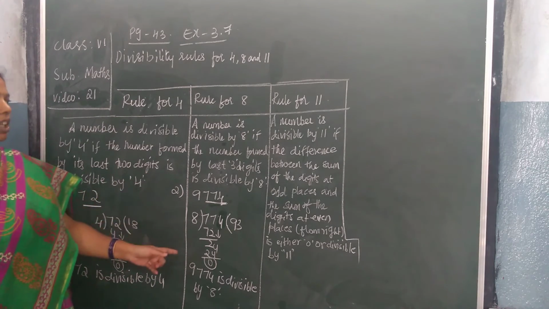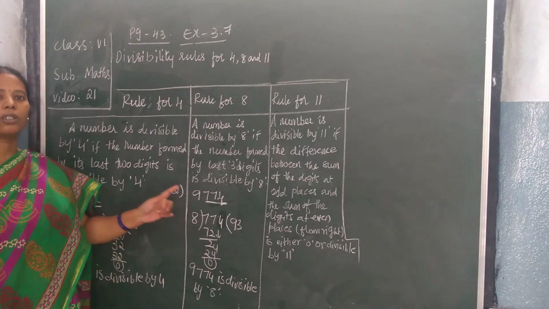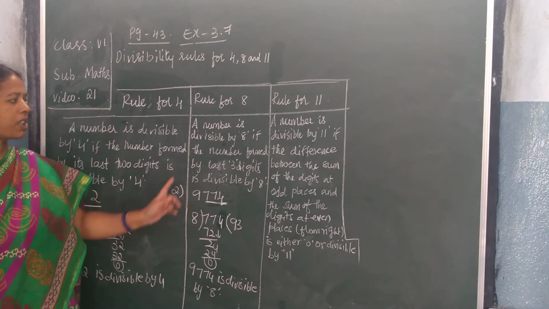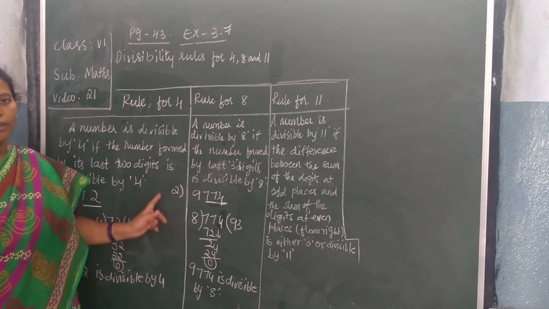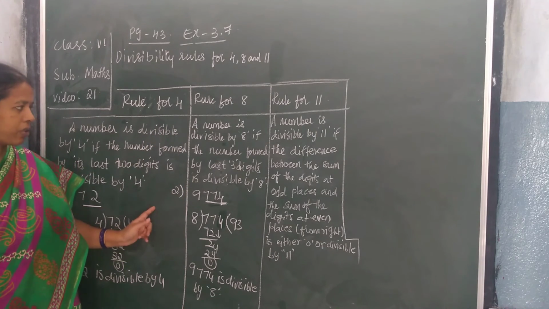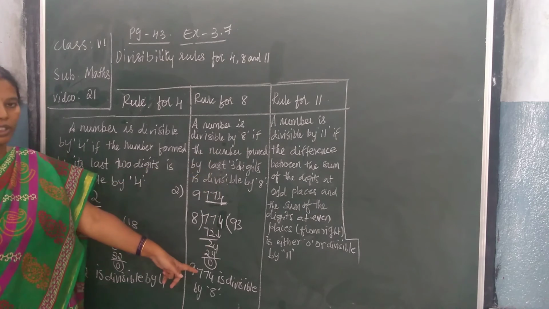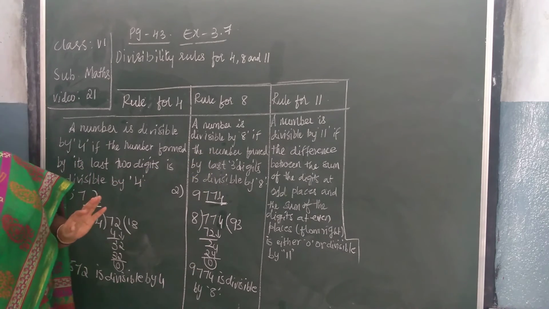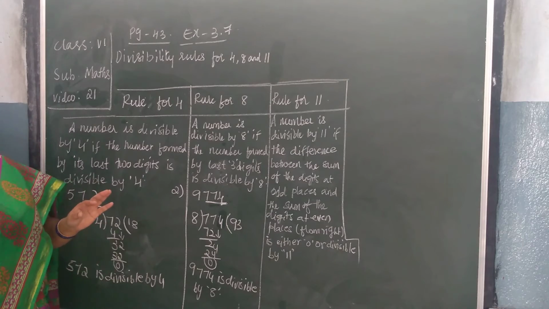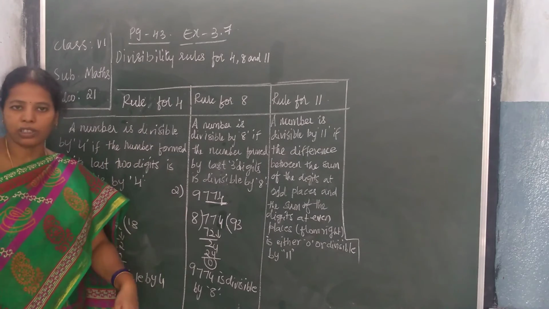In the same way, even homework also, you have to do it the same way, children. Suppose they are asking for 4, draw the margin, write the rule for 4 and do it. Suppose they are asking for 8, draw the margin, write the rule and do it in this way. Then only it will be easy for you, children. Understood? And now one for 11 I will show, children.